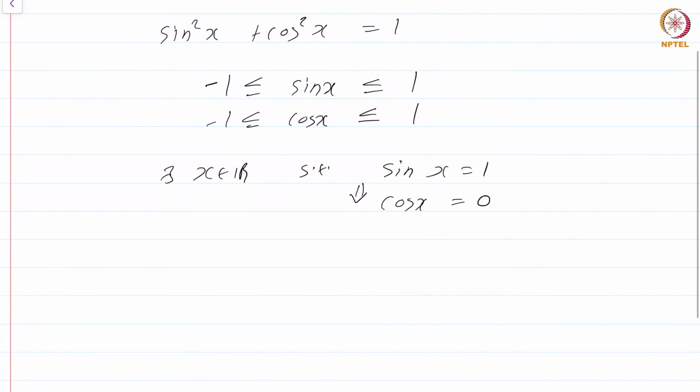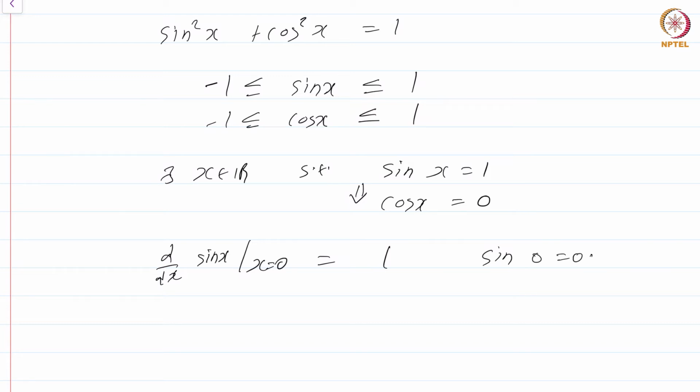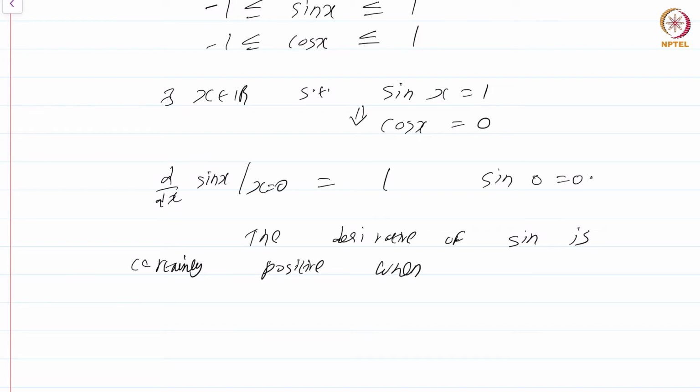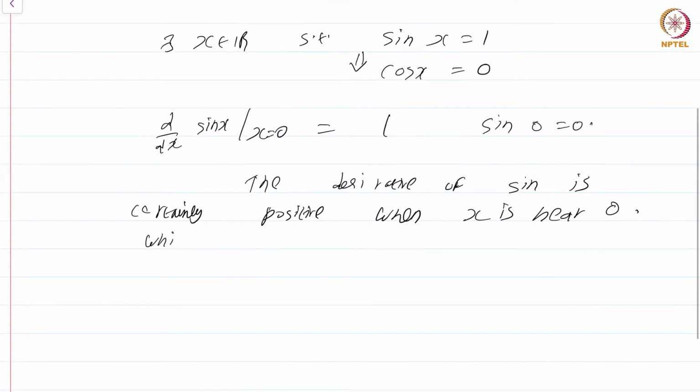Now, first of all, observe that the derivative of sine x at x equal to 0 is equal to 1, and we also know that sine 0 is 0. Because the derivative of sine is cos and cos is a continuous function, the derivative at 0 is 1 and the derivative is cos x, which is continuous, so the derivative is positive when x is near 0, which means sine is increasing